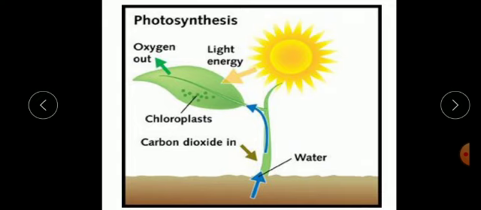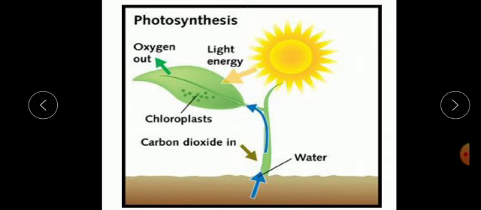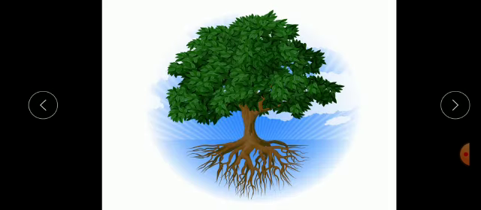Students, as you know, green leaves contain chloroplasts which absorb sunlight and together with the carbon dioxide from air and water absorbed by the roots manufacture food by the process of photosynthesis. Now this is a huge long tree. So how the water absorbed by the roots is getting transported upward to the leaves, or the food that is manufactured by the leaves coming down to the roots? Well, this is possible because of the presence of two pipeline structures in the plants.